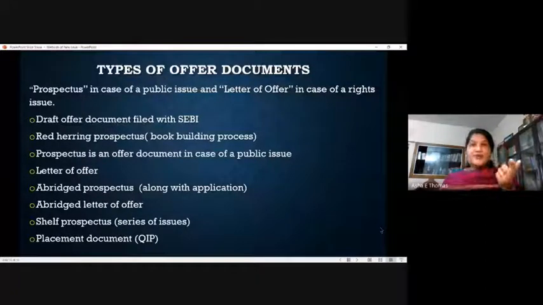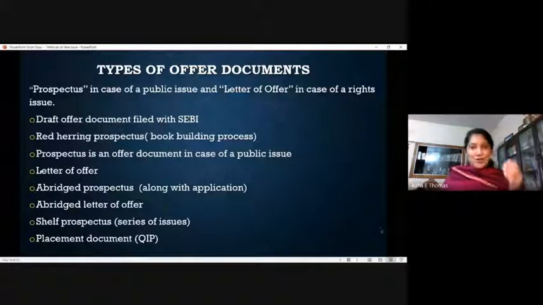Then the third one we talked about was the bonus issue. As I said, a share of profit being distributed to the existing shareholders can be in cash or in kind. When the company has decided to give the share of profit to the existing shareholders in the form of shares, that's what we call bonus shares. And that's why the company does not receive any amount for such an issue, because it is a consideration for being the owners of this particular company, and owners naturally should get the reward, and that reward is in the form of profit. It can be issued in the form of shares, and when it is issued in the form of shares, we call that bonus shares.